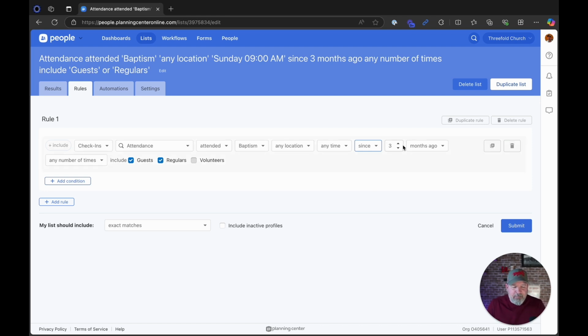But really, I might be just looking at a very small slice of time, and I can dial this in and tweak it if I need to. And then, of course, it's any number of times, and I'm just including guests and regulars, no volunteers in this particular instance. Now, when I run that, I'm going to get all of the people that have checked into my baptism. Now, in order for this to run on a regular basis, we have to go over to settings, and